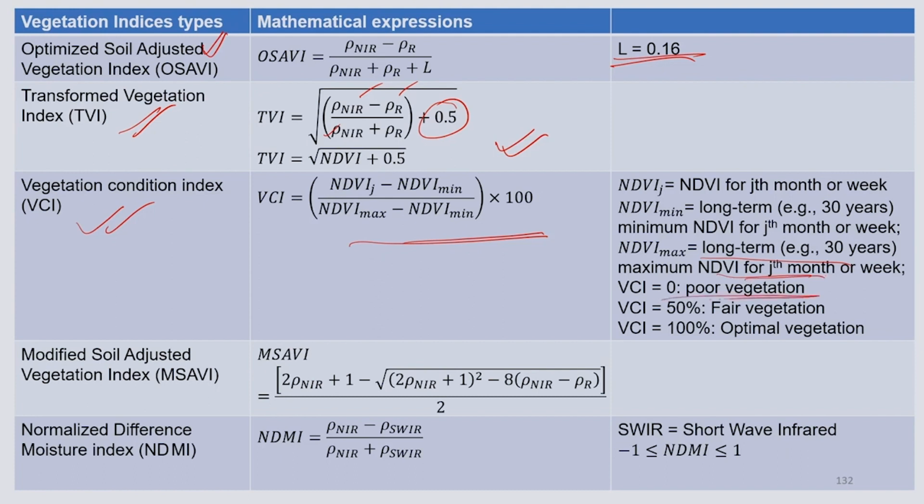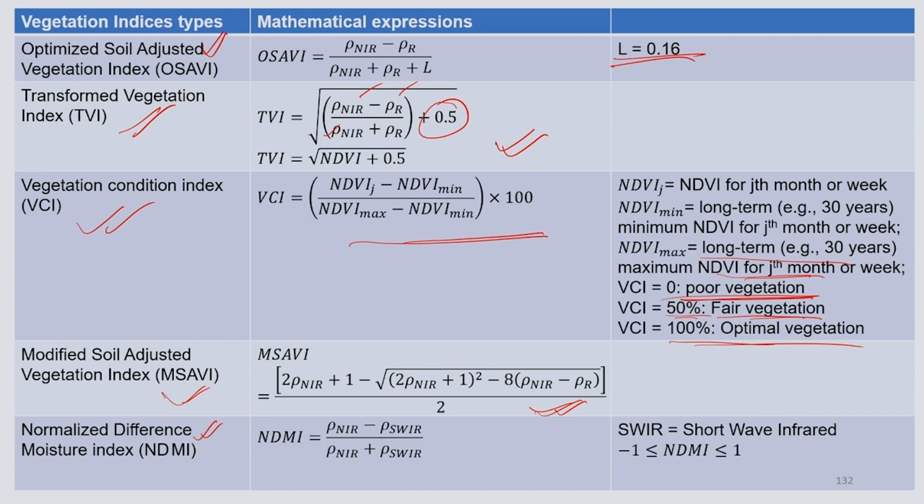If VCI is 0, then poor vegetation; VCI is 50% when fair vegetation; VCI is 100% when you have optimal vegetation. Okay. So, next comes the modified soil adjusted vegetation index, or MSAVI. You can calculate utilizing this formula. This is pretty simple, you only need NIR and R. Then comes NDWI, normalized difference